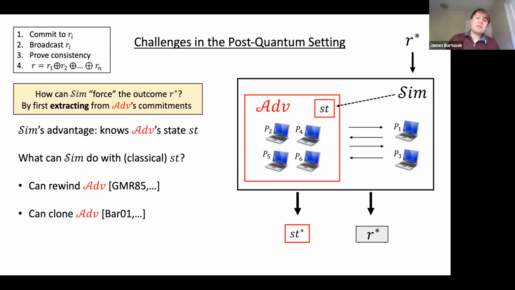Another thing you can do, if you don't want to rewind, is clone the adversary if you know its state. For example, Barak's technique does this. On the one hand, the simulator is running the adversary's next message. On the other hand, it's using a copy of that adversary's state as a witness to some